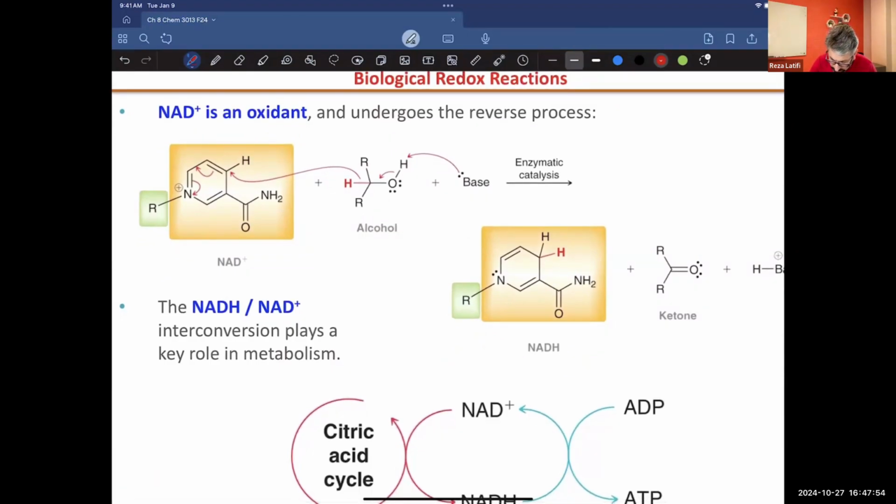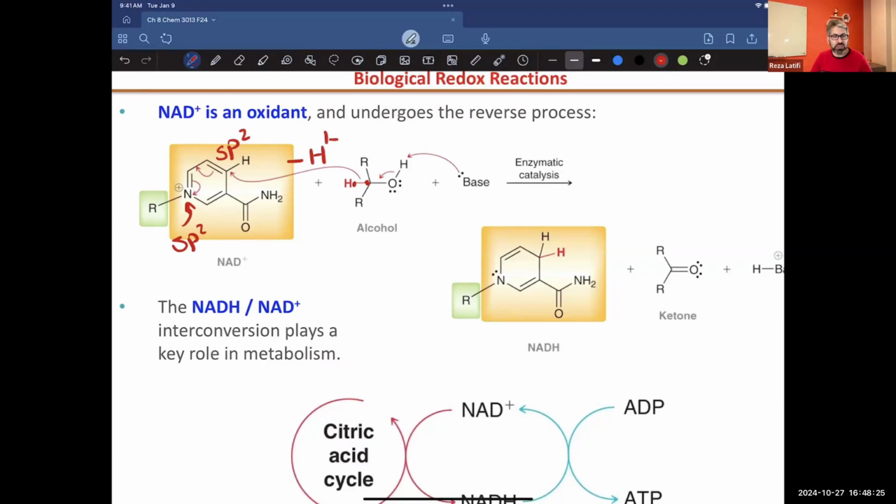So now I have a carbon with sp2 hybridization, nitrogen also with sp2 hybridization. Nitrogen has a plus charge, so nitrogen is not going to be happy. Nitrogen is an electronegative element. It should not have a positive charge. It wants to get electrons. Now, where can I get the electrons? I can find them in alcohol. We're going to take a hydride from it, so this time minus H, minus hydride,